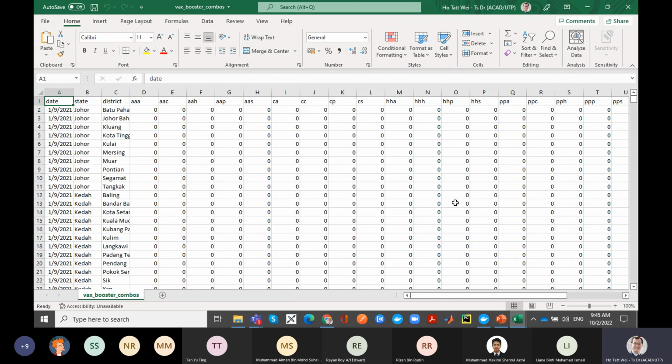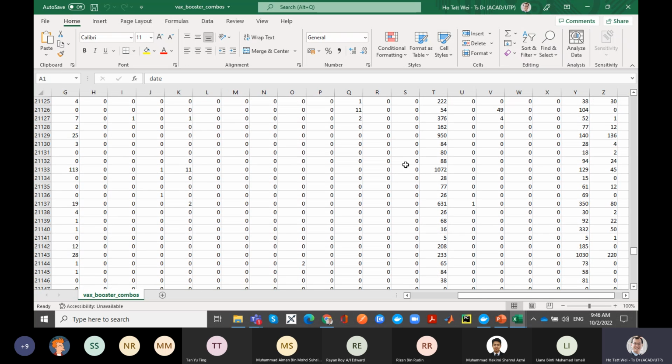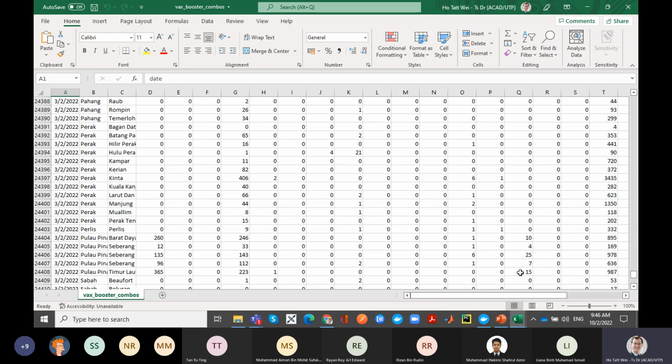I have the actual date, okay, and then I've got the state, the district, and these are all just the combination lah. Presumably this is AstraZeneca. I don't know what C is lah. I think Pfizer is this one. PPP, triple Pfizer, Sinovac. So it will actually list down here the number of people getting that combination. Okay. So if you look at this data, it's got